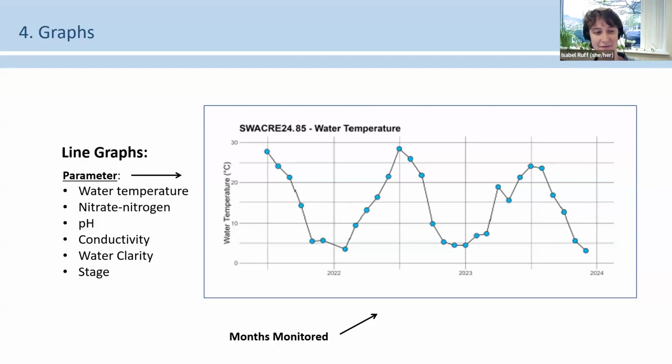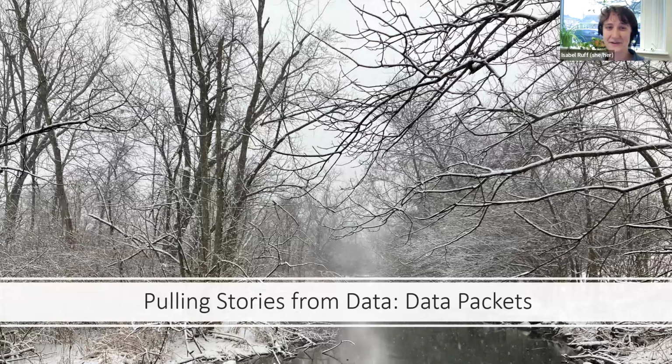The parameter is on the y-axis there. We have graphs for each of the 6 parameters that you all measure, while time is on the x-axis. And so that R code is what created those summary statistics, is what created those graphs. And truly, it is incredible and did so much to streamline the behind the scenes process. So now that we have all these components, this all comes together to create your data packets. So this next bit, I'll be talking about what the data packets are like.